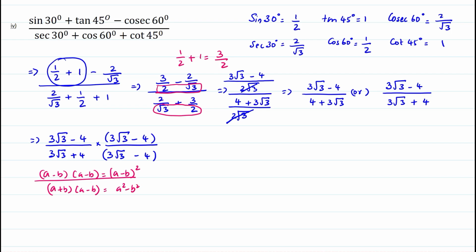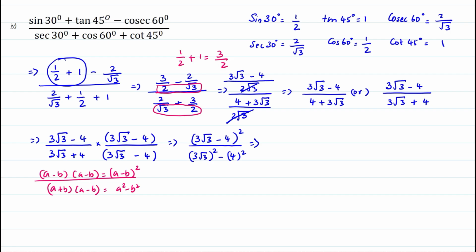Therefore, the next step will be 3 root 3 minus 4 the whole square divided by a square, A square will be 3 into root 3 the whole square minus 4 square, and the numerator will be